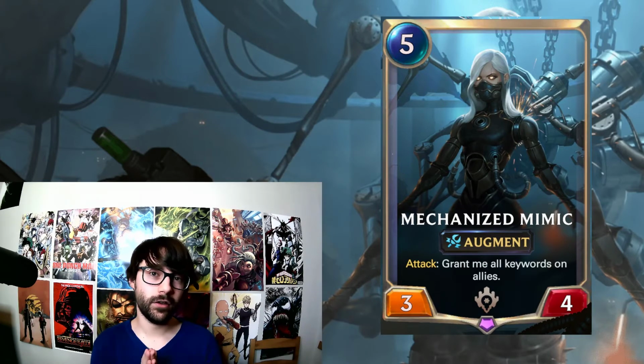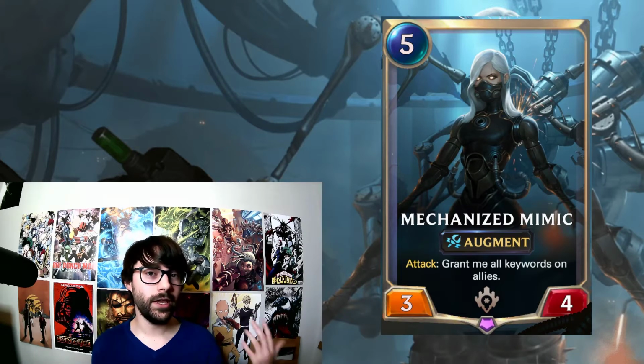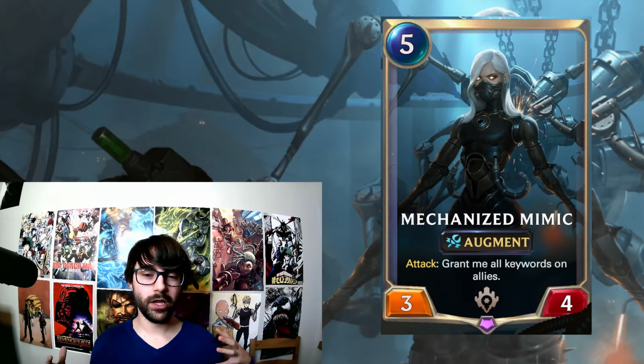3/4, and when it attacks, grant me all keywords on allies. So clearly this has mega synergy with Viktor. The Augment synergy is there. The keywords off of Viktor is there. That's really, really strong. It makes Give It All look a lot less useful, and clearly Viktor has a lot